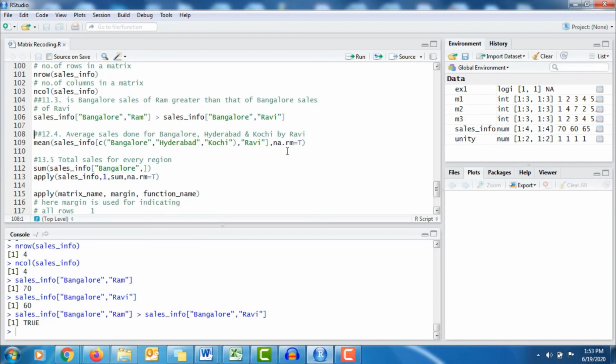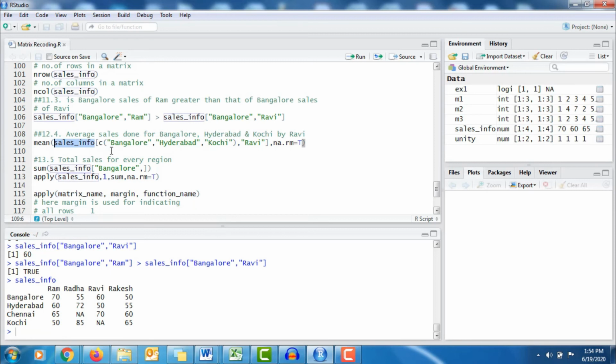Now similarly, my next question is to find out the average sales done for Bangalore, Hyderabad and Kochi by Ravi. So before we do, let's have a look at my matrix. Now see, for Bangalore, Hyderabad and Kochi, for Ravi, for Kochi your sales value is missing. But I wanted to find out the average sales. So when I apply the mean function, it will not process your results if you have a missing value.